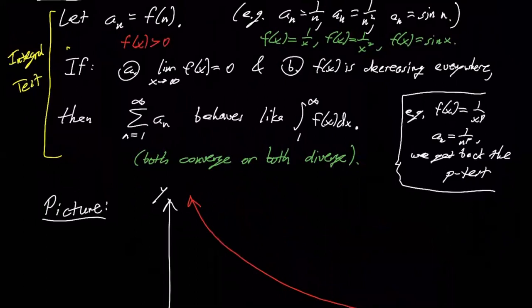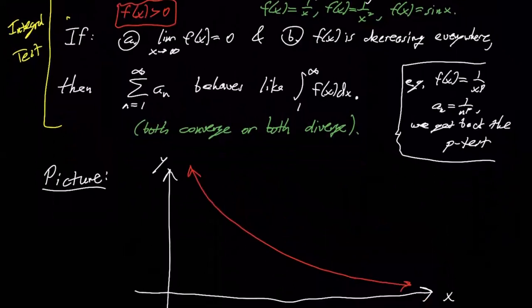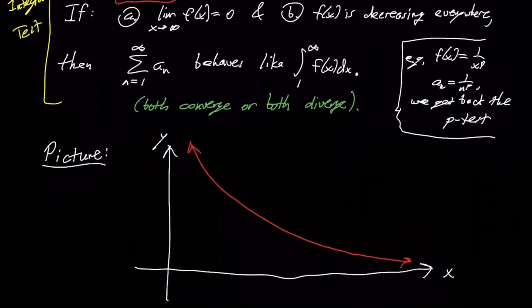We're going to talk about what happens when you have negative numbers in your series at some point. I probably should have said this in here, but for now, we're only talking about positive series where you're always adding something. You're never subtracting anything. And then if we take the integer,